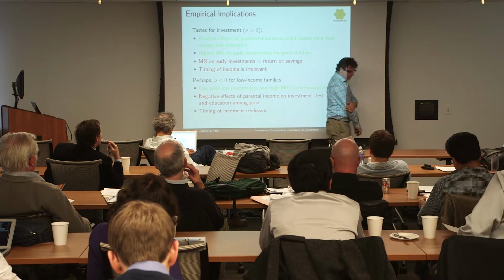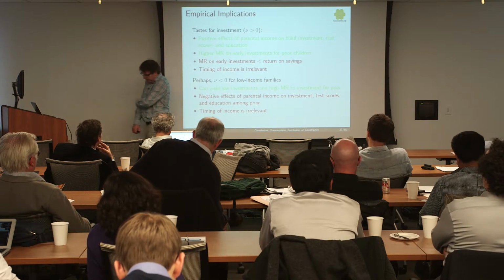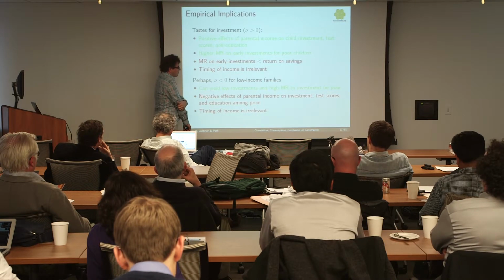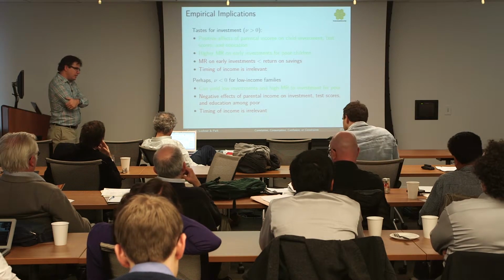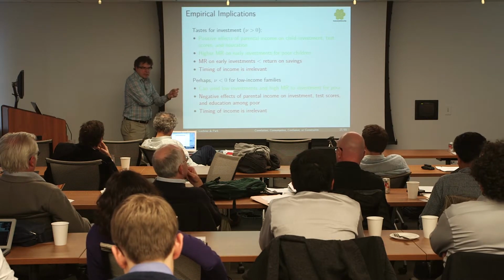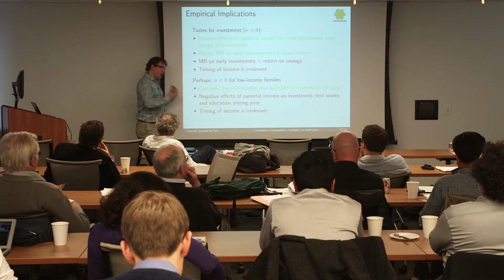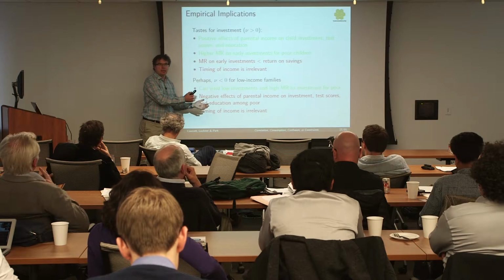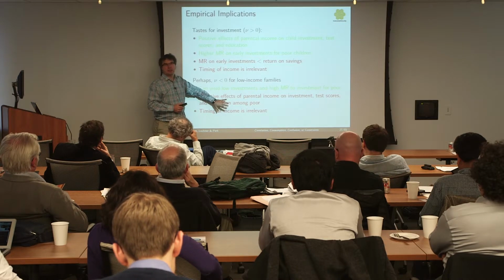Here we're assuming implicitly the price of investment is the same for everyone. You could get this nice neutrality result that comes out of a Ben-Porath model. People are more aware of it in that context than this one. But if parents' time investing in their kids is proportionally more productive, in proportion to the value of their time in the labor market, so parents that earn more in the labor market also get more out of that time when they invest in their kids, as long as the parent's human capital is equally productive in the labor market as it is for kids, then that washes out.